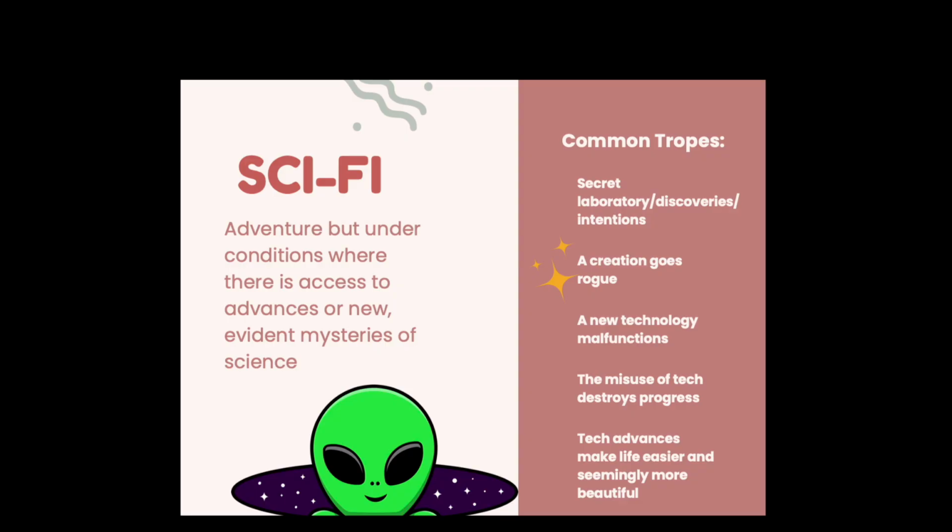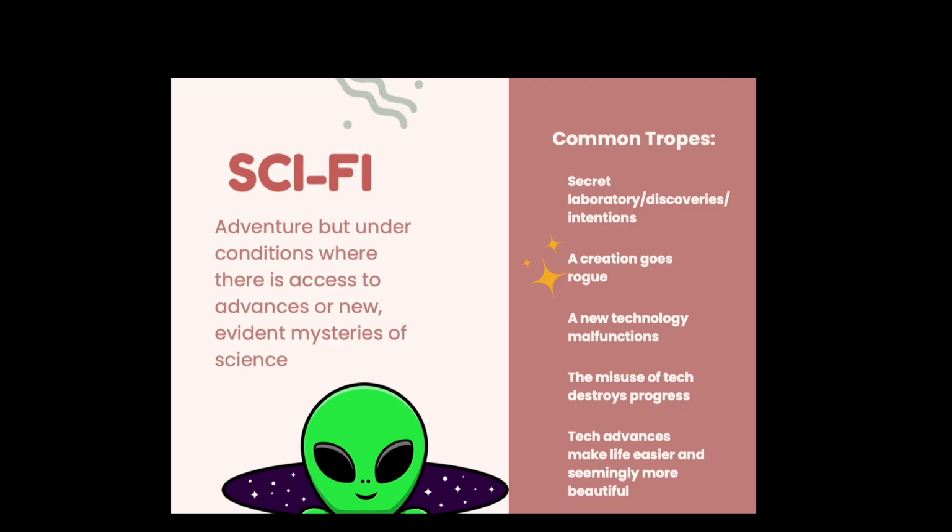For the creation that goes rogue, this more often than not pertains to technology, something like AI or any other kind of application of robotics, but it can also apply to situations where there have been enhanced biological creatures, humans or animals, or a situation wherein something or someone has been cloned and is not necessarily behaving in alignment with how they are expected to behave. This is not terribly different from the idea of a new technology malfunctioning.